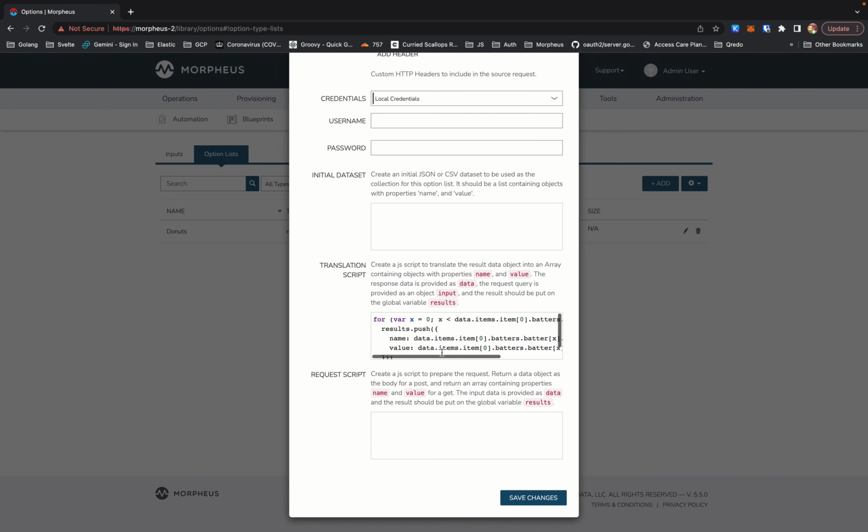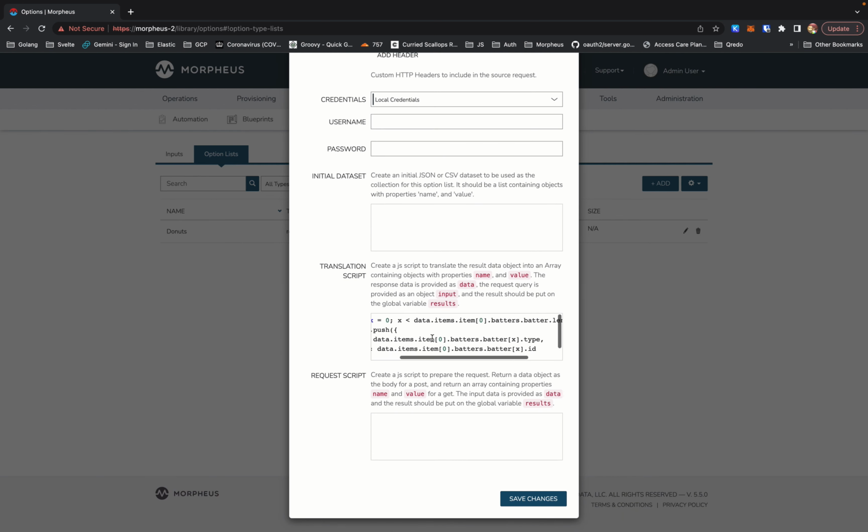For example, this is a translation script that's required to parse the data we've just seen into name and value pairs for use within this option list. And it's not straightforward. It's not impossible to write this, of course, but it does involve some trial and error, and I found that. I have some experience of JavaScript, not a lot, but it took some time and trial and error to actually hit the point in the file that I needed to iterate through that data and extract